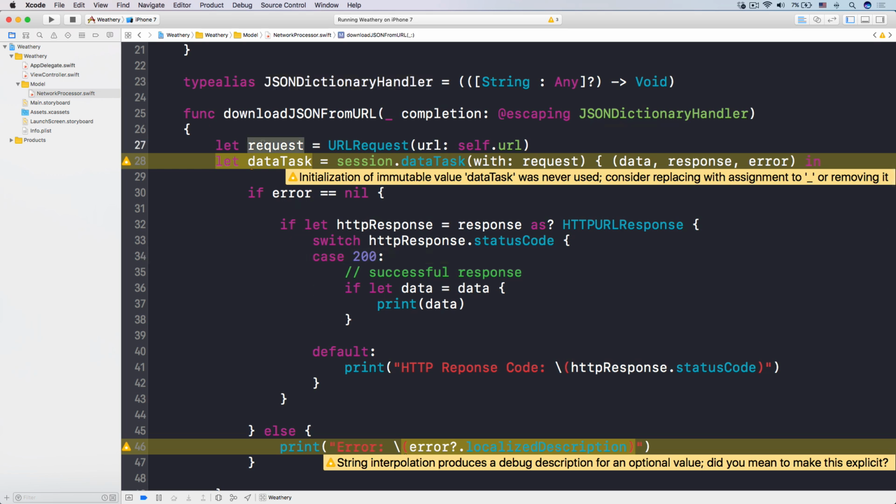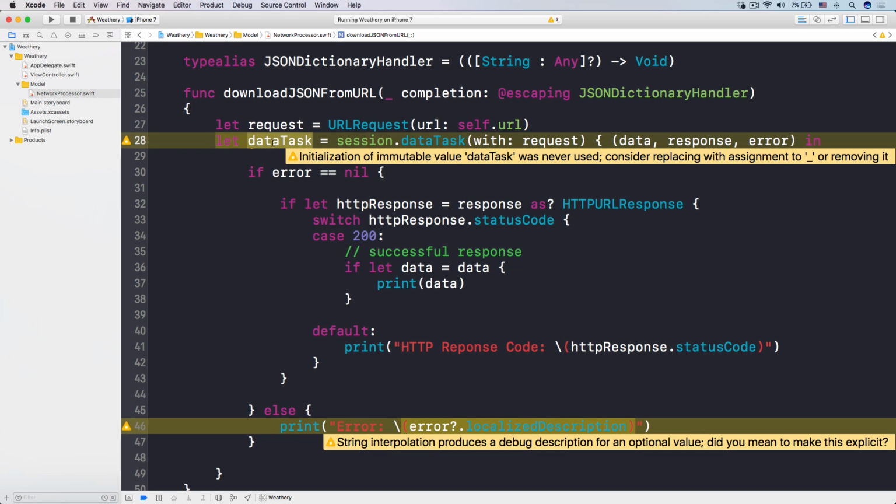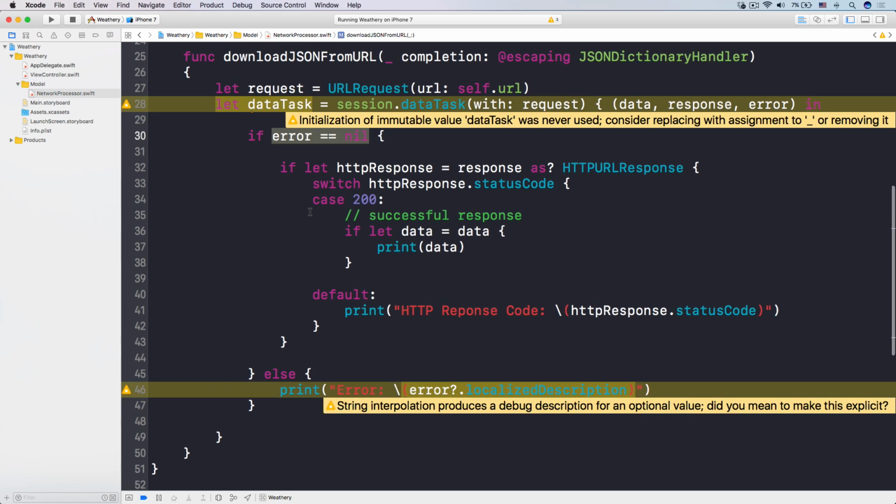We have the request from our URL, and then we get the data task. Right, the data task allows us to download data from a request. Like this, we check if we have an error. If the error is nil, meaning that there's no error, that's cool. And then we check the HTTP response. If the response status code is 200, meaning that we are successful, then we should be able to do that,